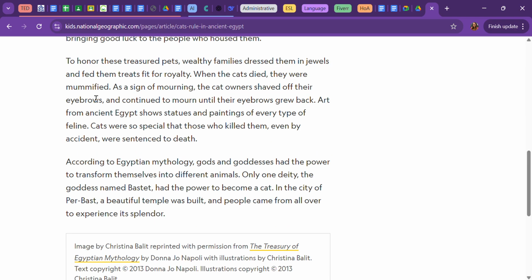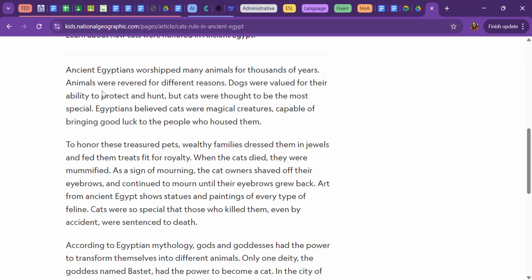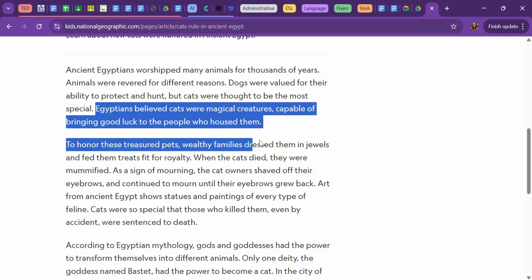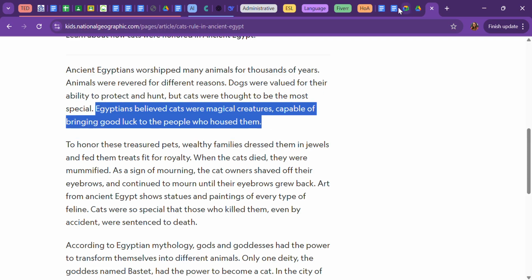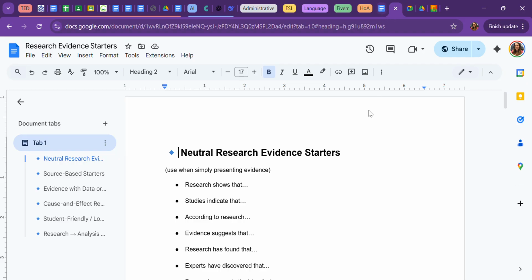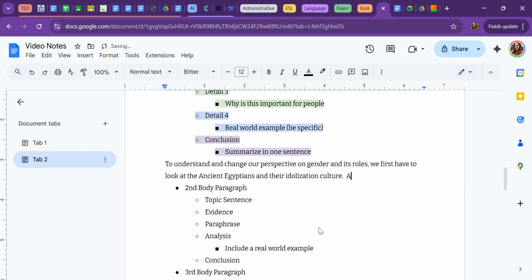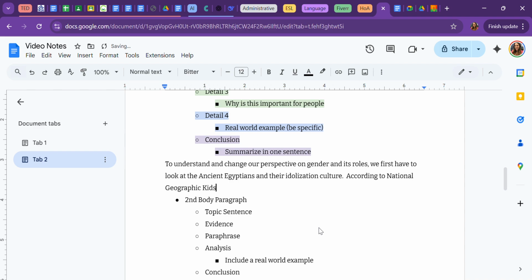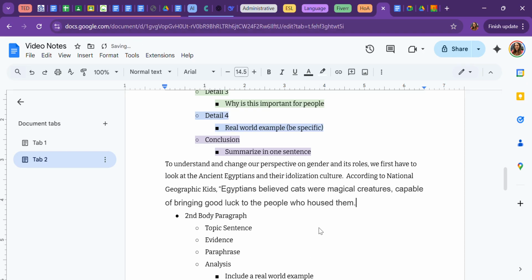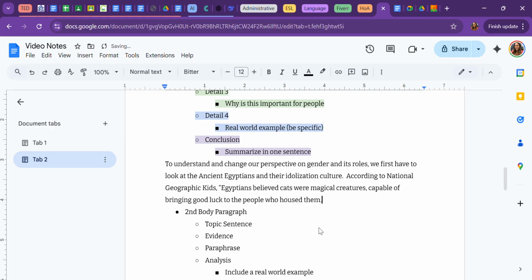Okay, so this is the information I want to pull. So we're going to come down here. According to National Geographic Kids, because that's where I got this information from, Egyptians believed cats were magical creatures capable of bringing good luck to the people who housed them. In fact,